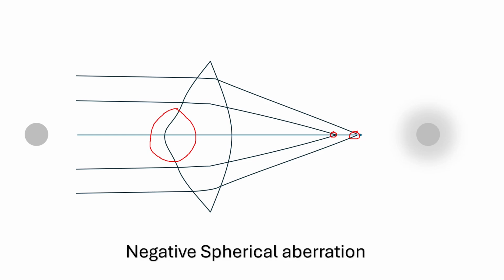However, we'll just focus on how this is going to help us. Now, what is happening is the central part is more converging. And we know that when we look at near objects, our pupil gets smaller, constricts, and then most of the rays are passing through the central part of the lens. So this is an arrangement which is already there. So if our central part has more converging power, it will help in focusing the light